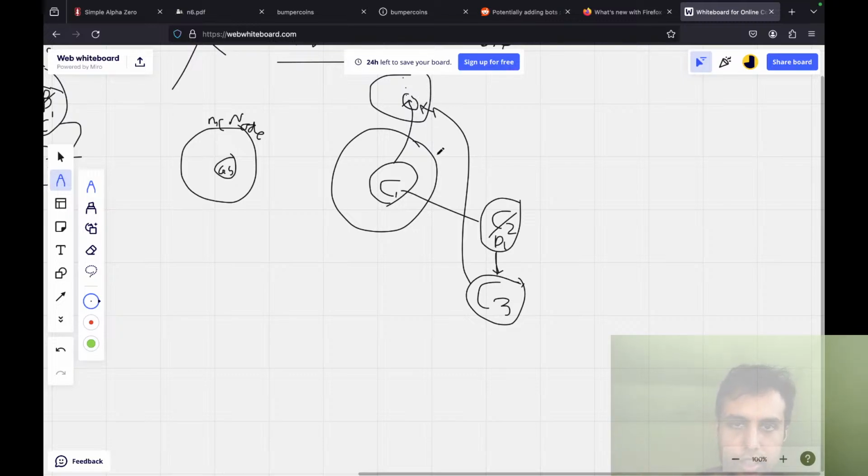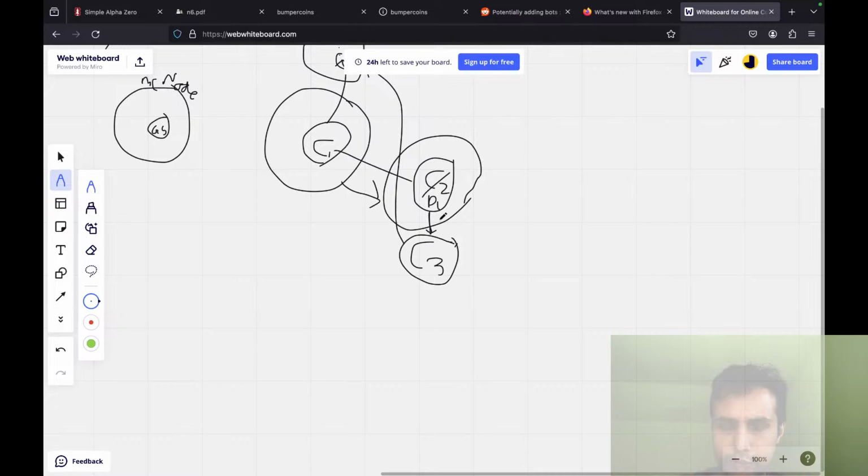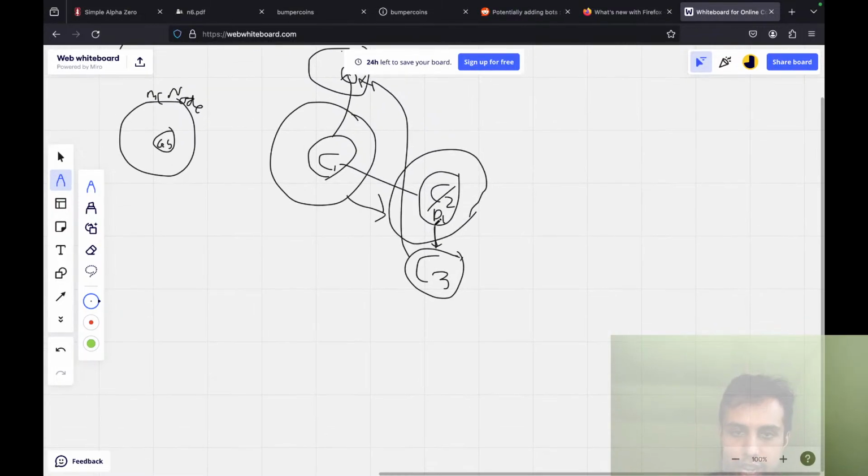That's straightforward. So now we take this D1 and wrap it in a new node. This node now points to that. This looks pretty messy, I know. But now we have D. So this C2 becomes D1, right?